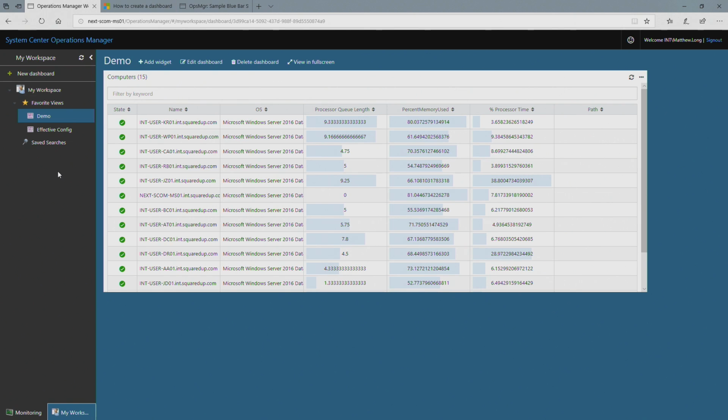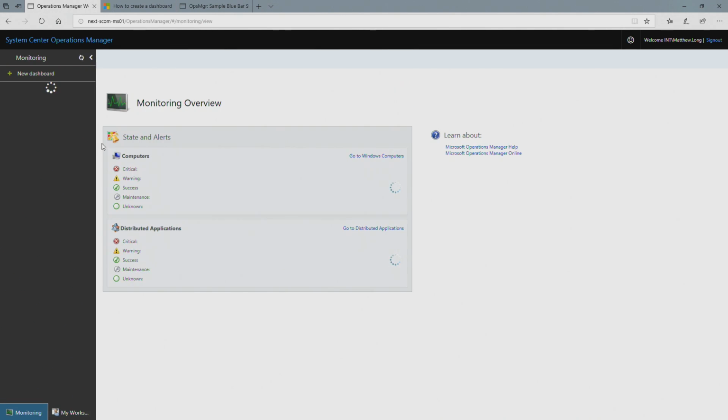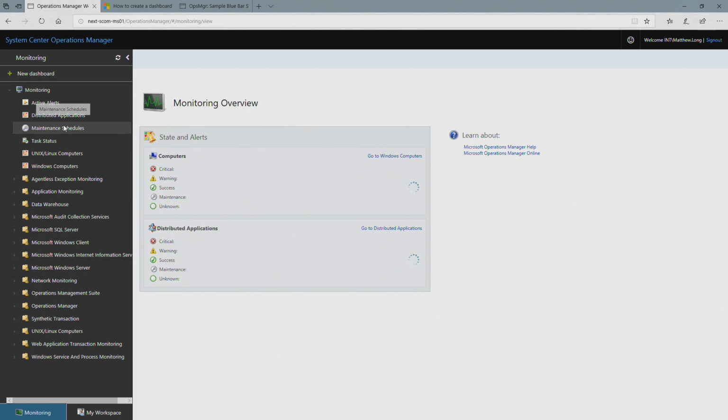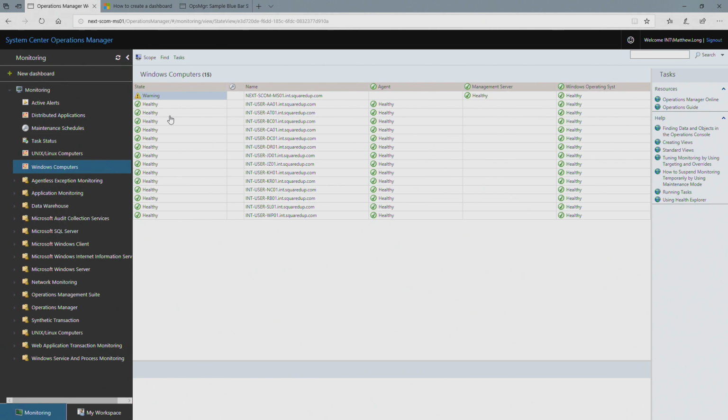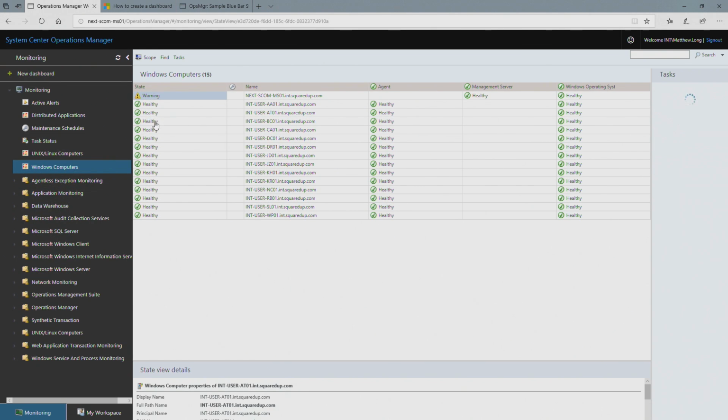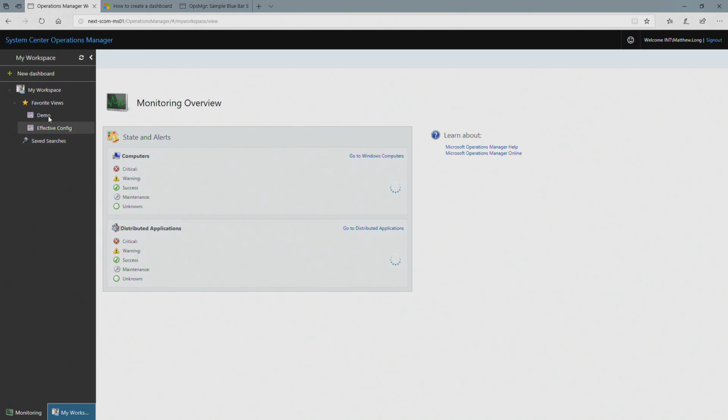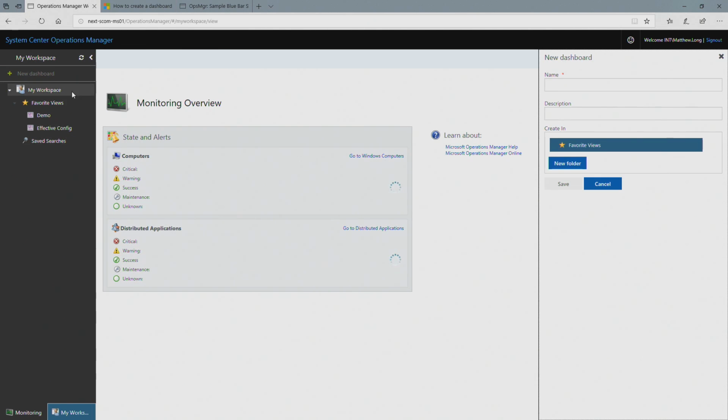Now it is a little bit lengthy to get there. The problem is it's available on the object drill down, but the object drill down isn't available on a dashboard view. It's only available on their new state widget views. So if I go to Windows Computer here, I can't actually get to the drill down, because this is what I would call a SCOM 2007 dashboard. It's an old dashboard. So what you have to do is have a new dashboard, or one of the ones out of the box